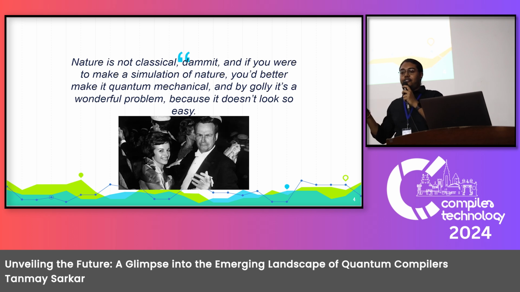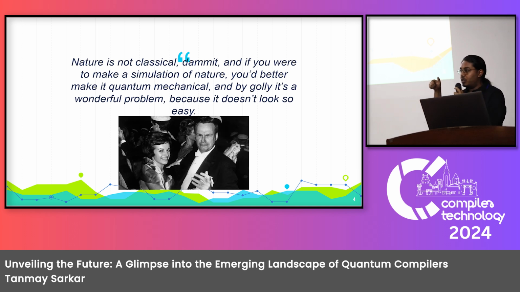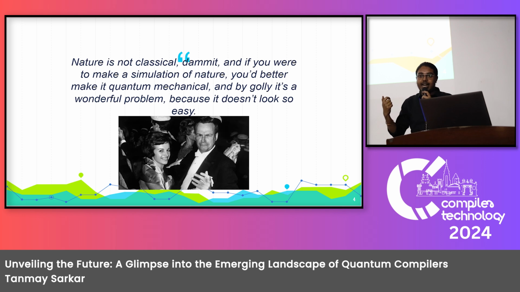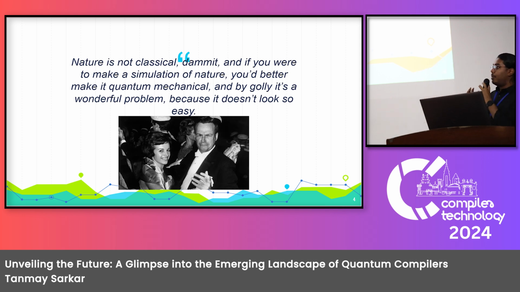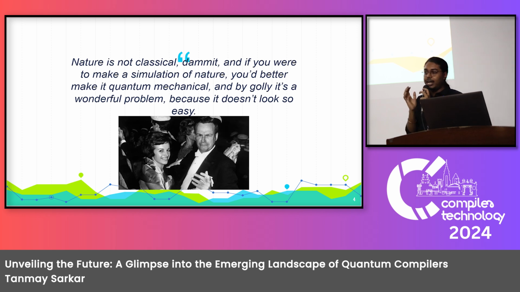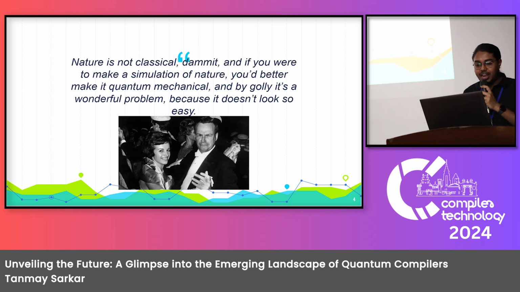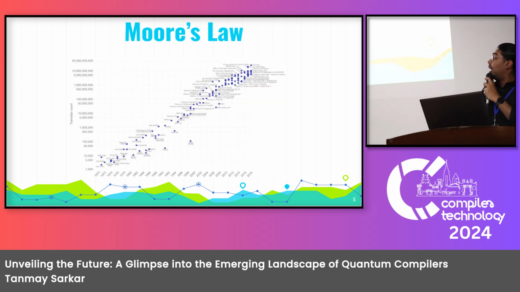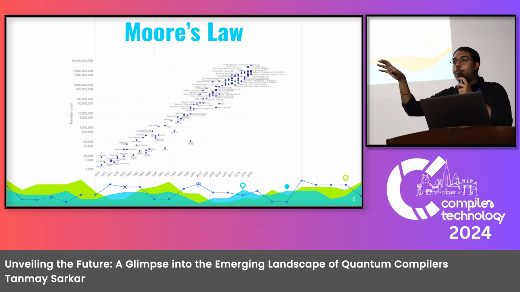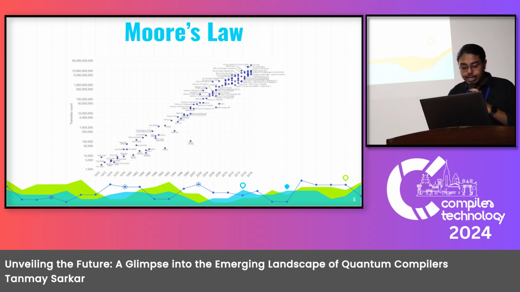So the thing is, if you see any problems related to simulating nature, for example, you want to get into the drug design problem or design a better fertilizer, some quantum simulations and all, those sort of problems using the classical computing model that we have, that's not very viable. And yeah, we all know about Moore's law. So the speed is decreasing. But anyways, as I just mentioned, there are certain classes of problems which can't be solved by classical computers anyway.